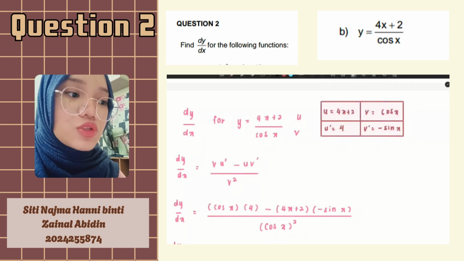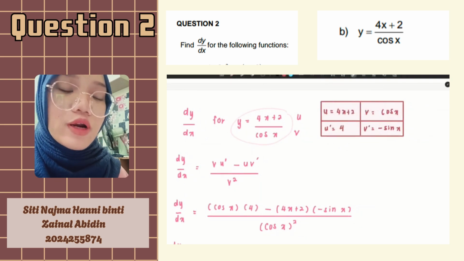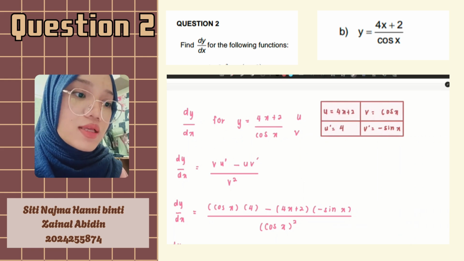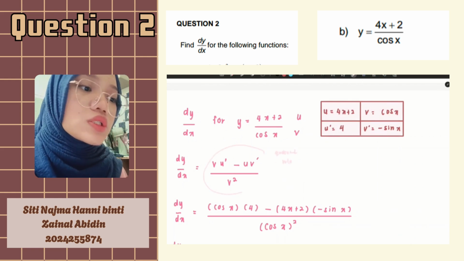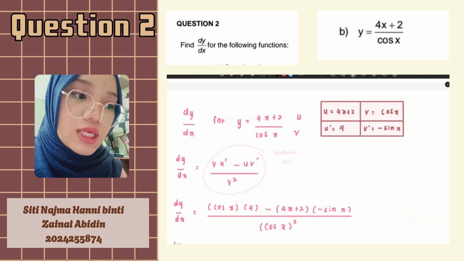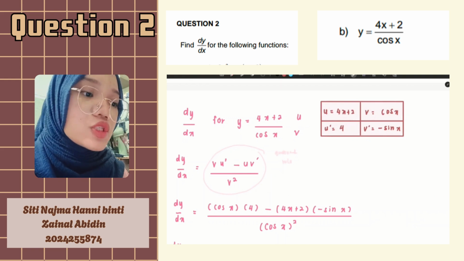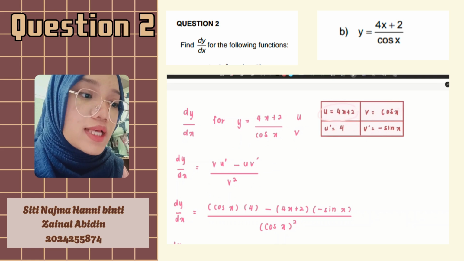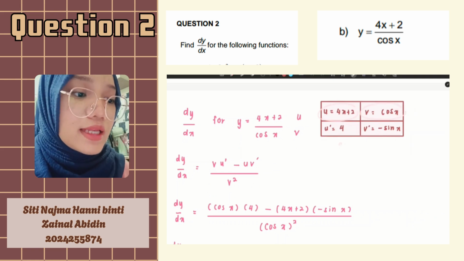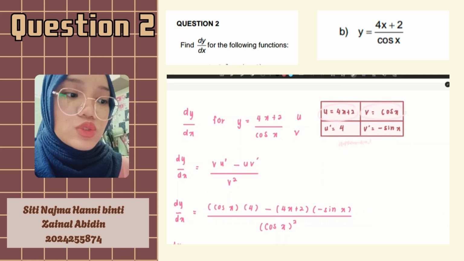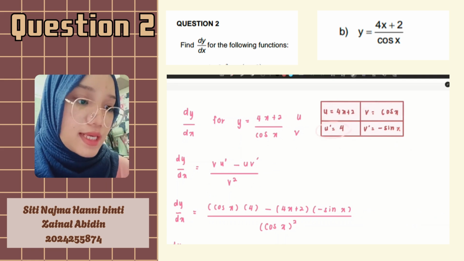Today I will now explain the solution to the differentiation of y equals (4x plus 2) over cosine x. First, I will recognize that this is a fraction of two functions, so I will apply the quotient rule. The quotient rule states that dy/dx is equal to (v times u prime minus u times v prime) over v squared. So first I will let u equal 4x plus 2 and v equal cosine x. And then I will differentiate both. u prime equals 4 and v prime equals negative sine x. And now I will